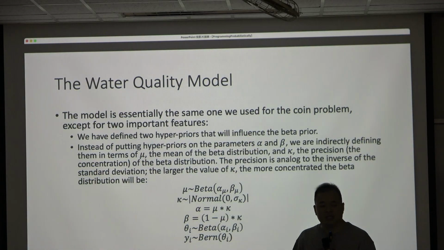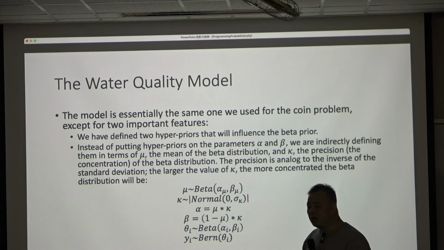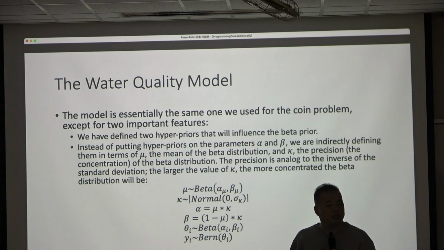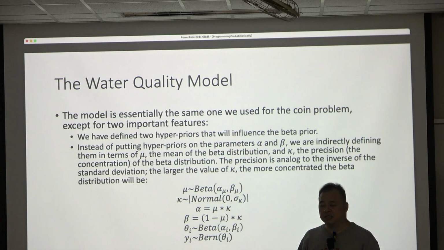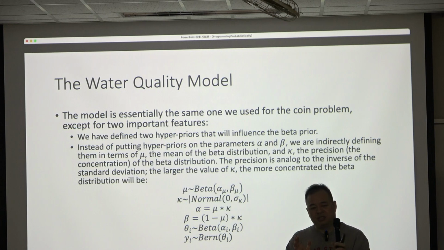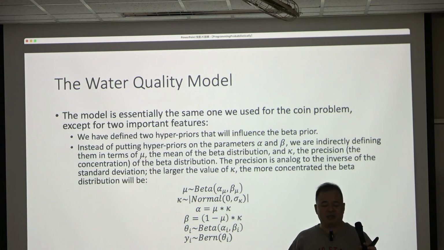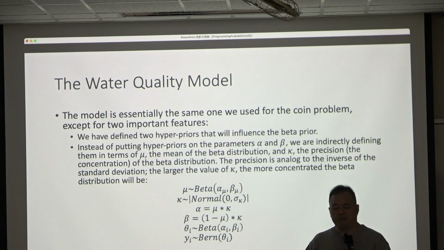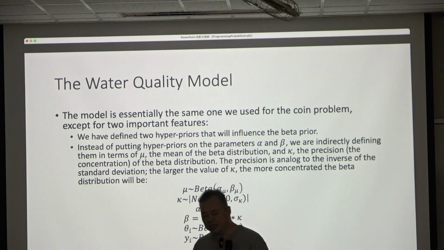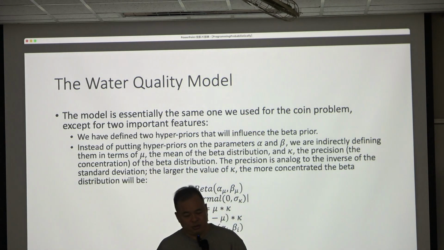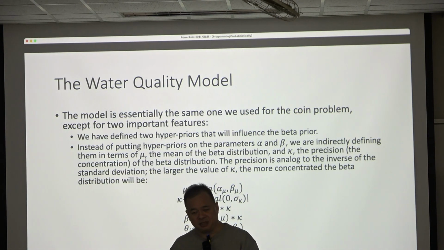Okay, so we get the mean and the kappa, which is the concentration, if you remember. We talk about mean and the concentration. The beta distribution can be determined in several ways. One is you give the alpha and the beta value. That's obviously one way, and the other way is you are given the mean and the